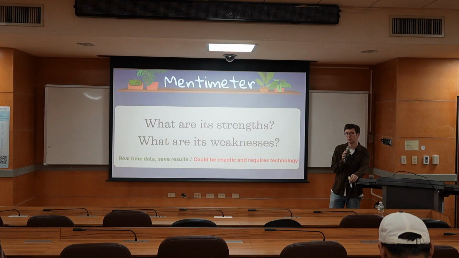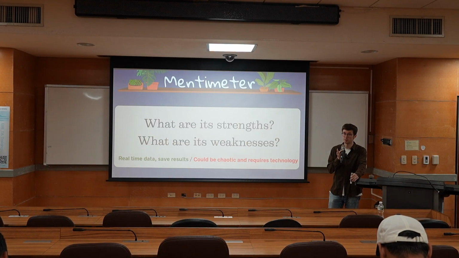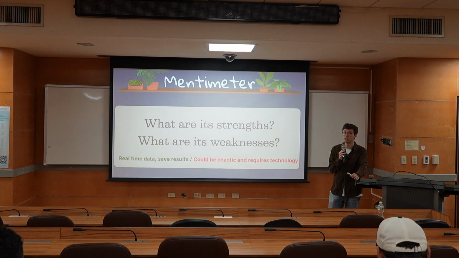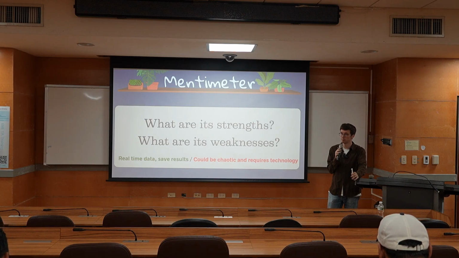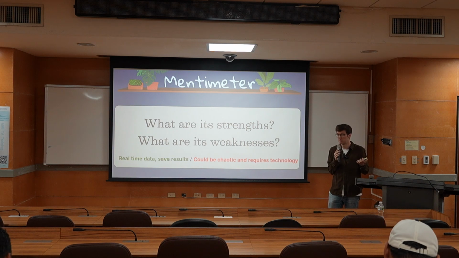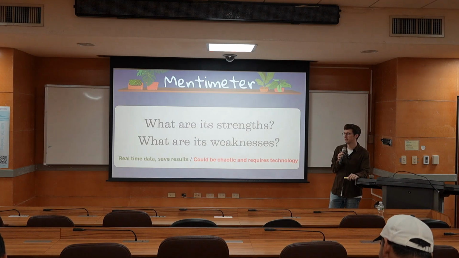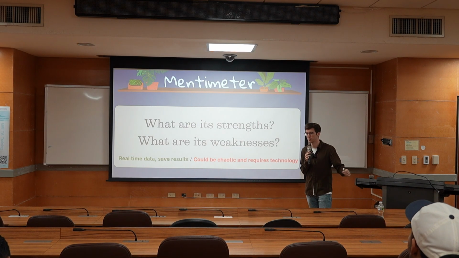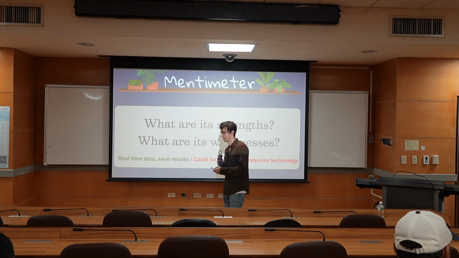Another issue is that you need to make sure your students have technology. Most students, I would say, have access to a cell phone, but you never know. You can never know 100%. And if you're TAing an online class, that might be more difficult. For example, if the students are joining from their phones, they might not be able to join the Mentimeter. So those are a few concerns. But again, just because of how easy it is to see the data and save the results, it's a really great tool. Okay, so that's our first one.